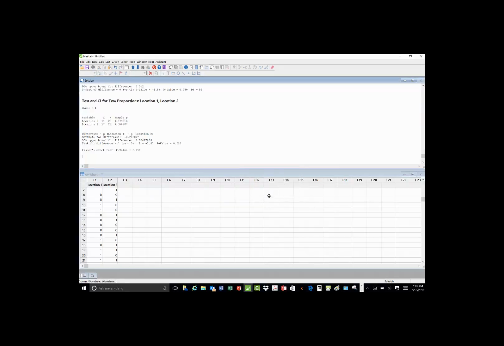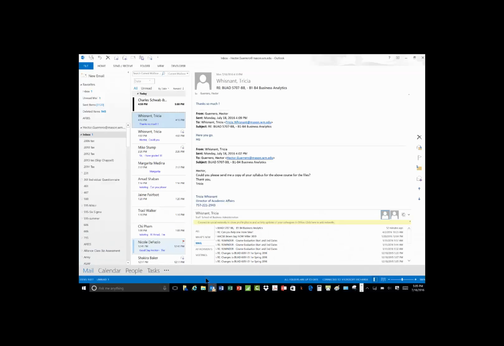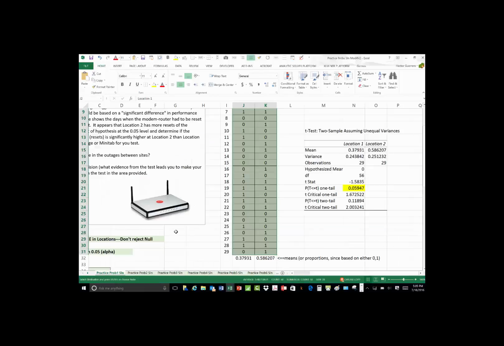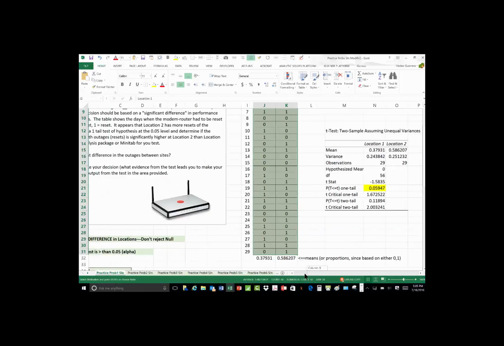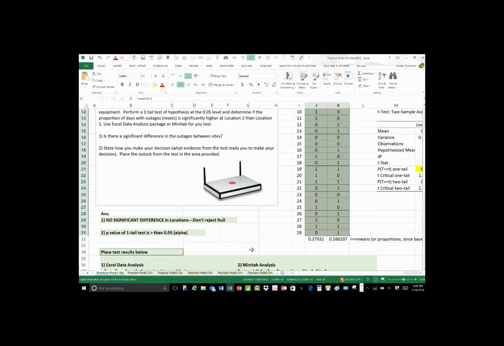Hit OK. And here we have a slightly different test. It gives us 0.054. And the reason it does that is this is a z-test, not a t-test, so it makes certain assumptions that weren't made before. If we're doing a one-tailed test, we're going to assume that the alternative is that the